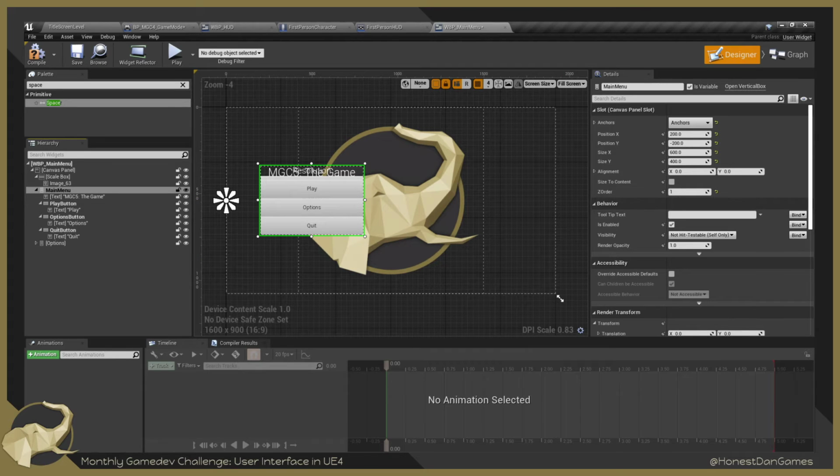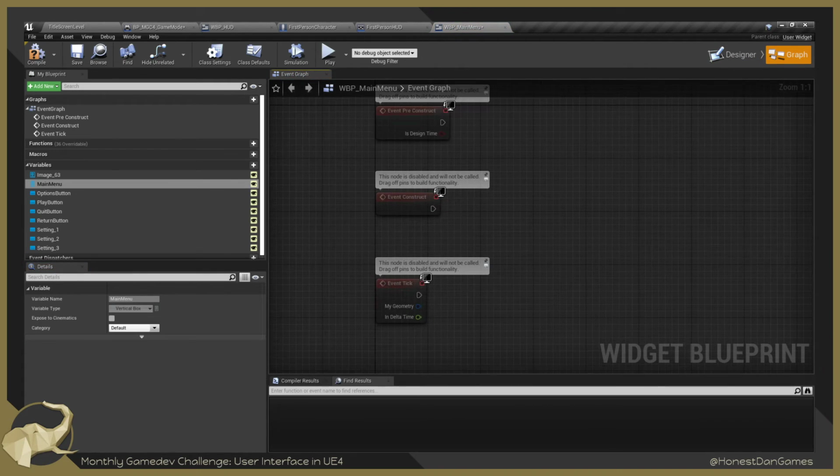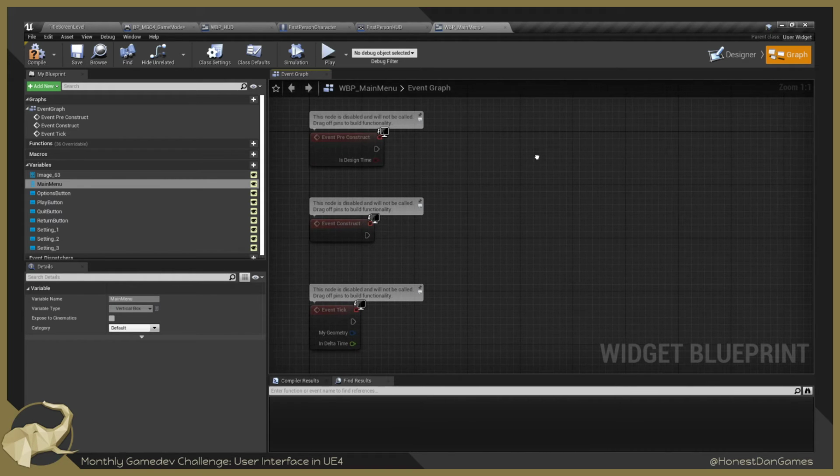We're going to start the scripting of this now, so get our hands dirty and script the functionality of our main menu. At the end of this step, we'll be able to launch our game, the main menu, start our game, as well as change the resolution inside the options menu. Let's go into the graph side of things then. So in the blueprint,